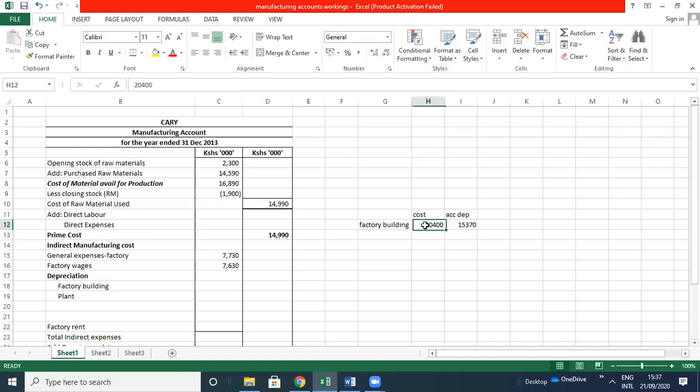Therefore, as we begin the year, the book value was supposed to be 50,30. So depreciation for this year